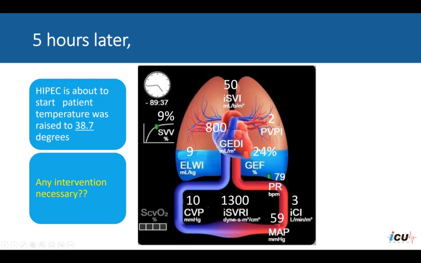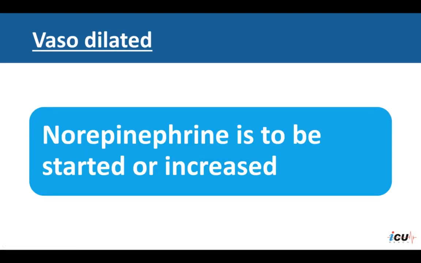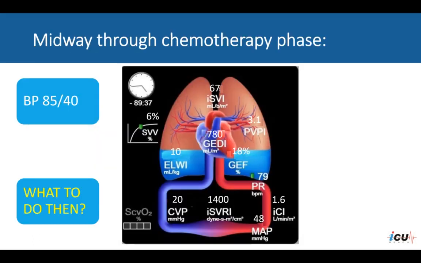Contractility is okay, however, we may need to vasoconstrict him a bit with vasopressors. So this patient is vasodilated and norepinephrine was started. You would increase the dose if norepinephrine is already started. So now after starting norepinephrine, and this is midway through the chemotherapy phase, blood pressure now is 85/40 with mean